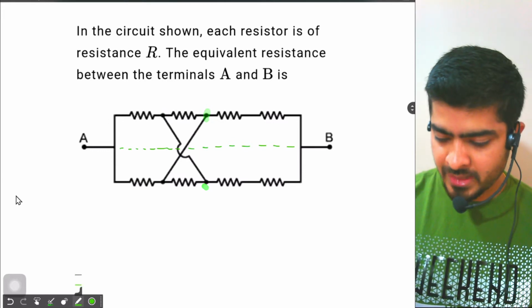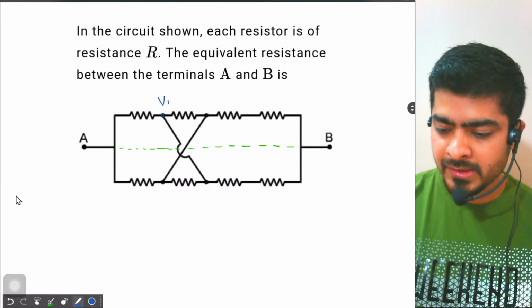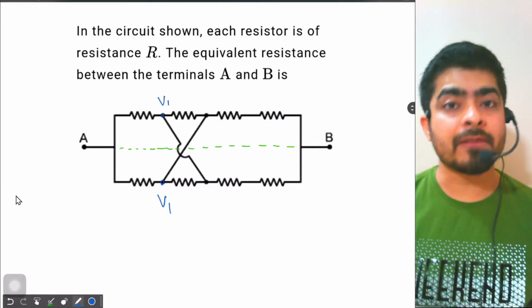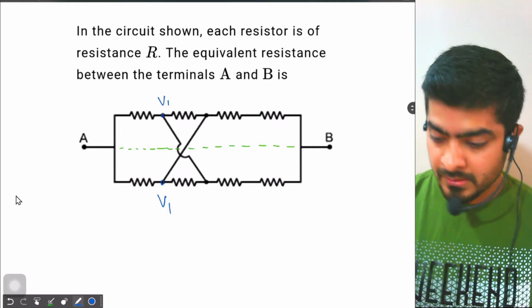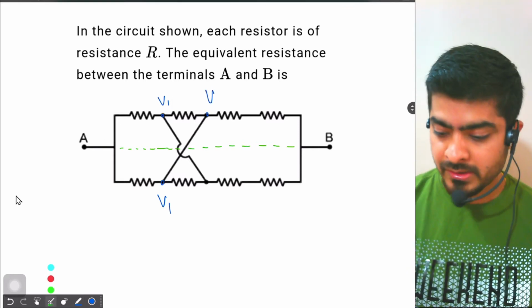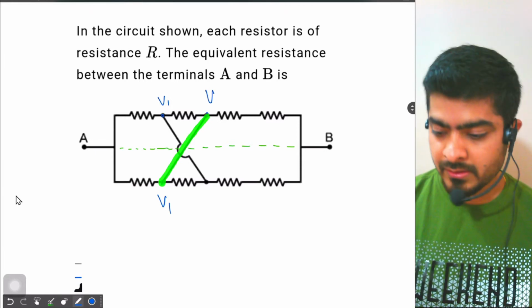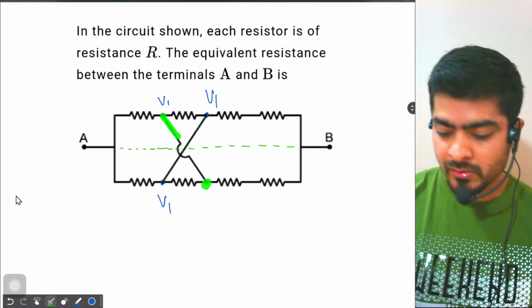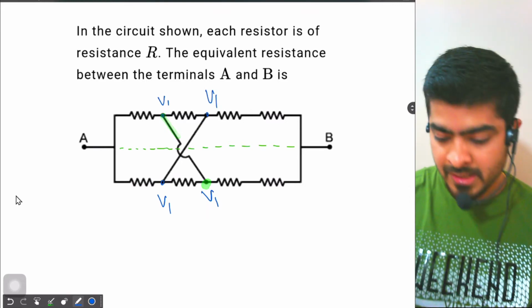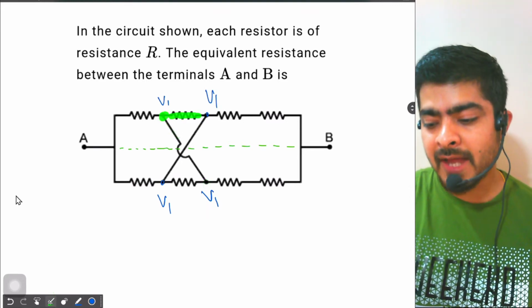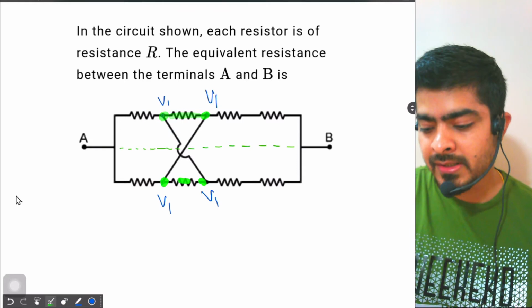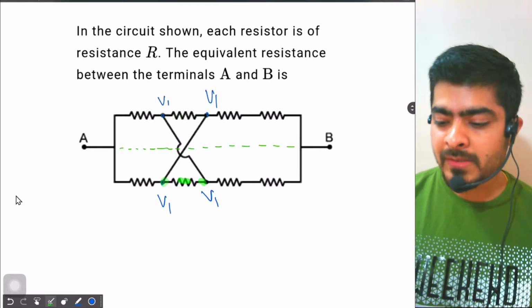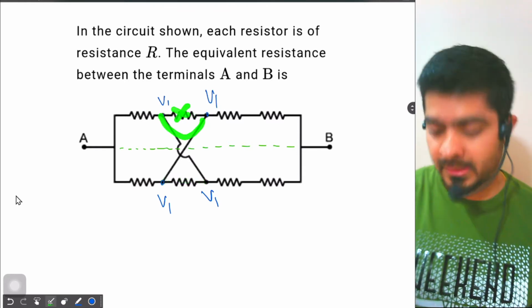So if I write down here, the potential is V1, so here the potential should be V1. Here potential should be how much? This wire is connected over here, so here the potential is also again V1, and therefore here also we have potential V1. That means this resistor is having no potential difference across itself. Okay, so basically we can remove this resistor and short circuit the path like this.